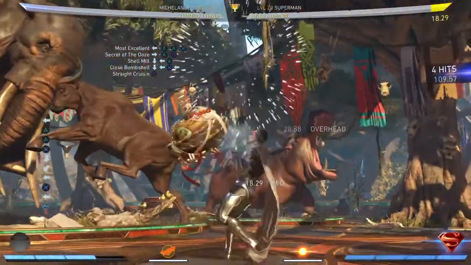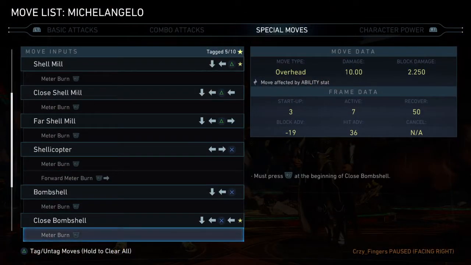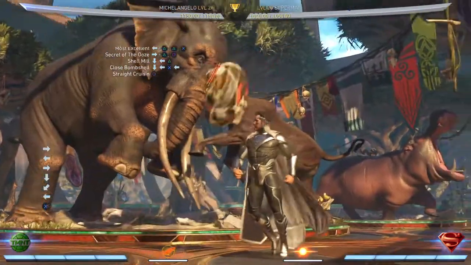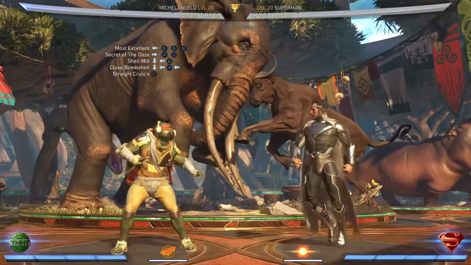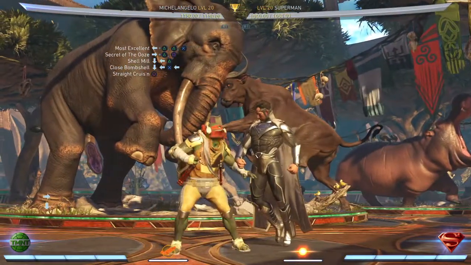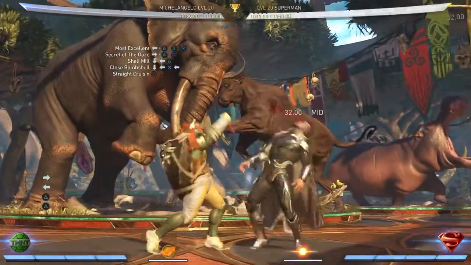You can throw out random bombshells. It's a pretty slow move. It's 21 frames, so it's kind of reactable. It's definitely fuzzyable, but it's just to keep them on their toes. 21 frames in this game is a lot faster just because there's so many things that you need to keep track of. Odds are you're not going to be looking for a close bombshell, so it'll probably hit if they're blocking, like if they guess overhead. Or rather if they guess low. So like,